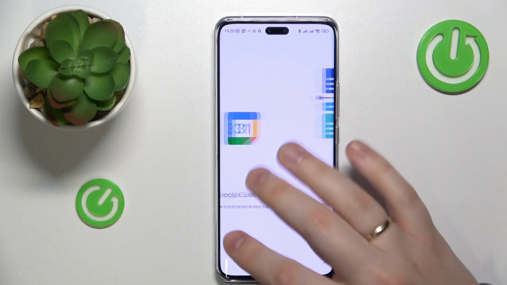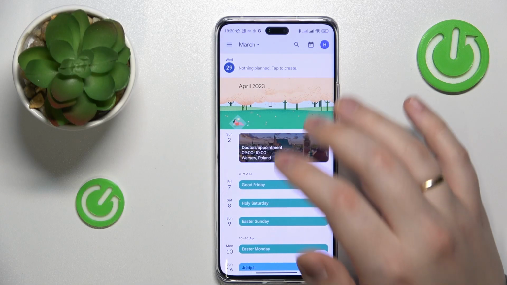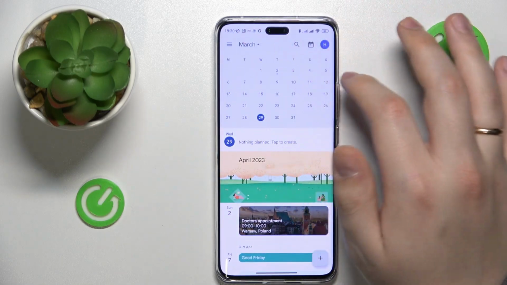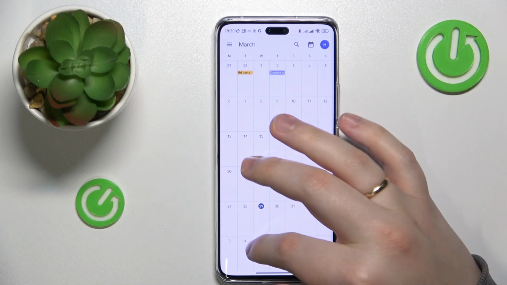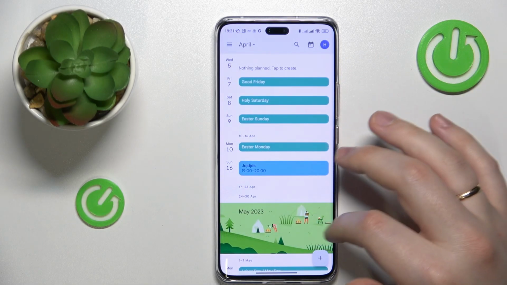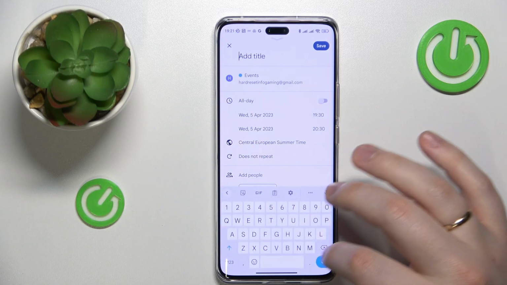Then select the date that you would like to link an event to. So let's say I'll choose some day in the April of this year, let's see, the 5th. Then at the bottom left corner of your display, tap the plus icon, choose the Event option, and